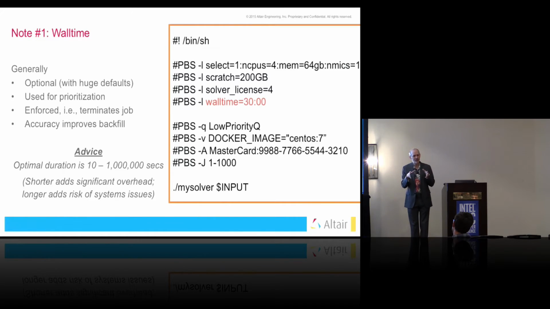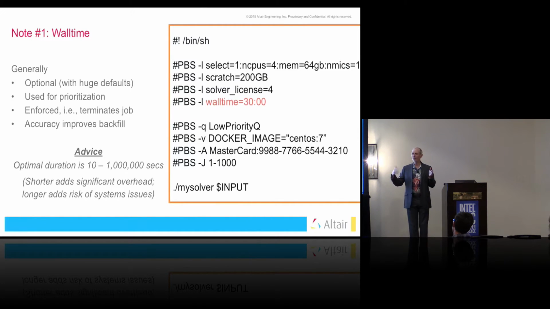The design space is set up for jobs that run around a minute to an hour, but longer is okay, and shorter to some extent is okay, but I'll say 10 seconds to a million seconds. A million seconds is about a week and a half. The problem is if you run for more than a week and a half,